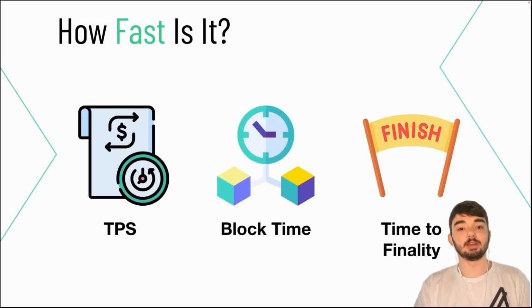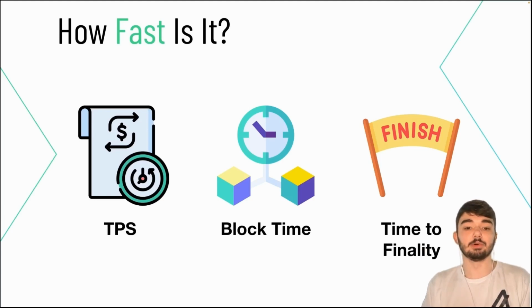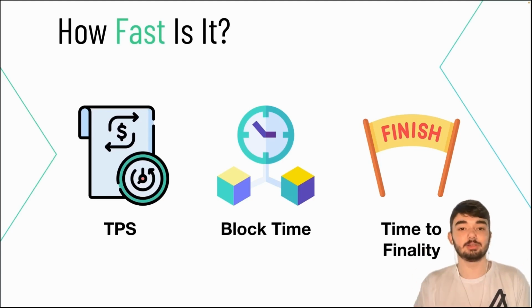Now, the important thing that we as developers want to know about any technology before we integrate it into our stack is how fast is it, right? How does it perform? Can it do what I want it to do? And when we're talking about blockchain, these are kind of the three things that we talk about. TPS stands for transactions per second, and this is all about how many things can I do in a second on this blockchain. So on Algorand, for example, we can handle a lot of transactions, but it's good to quantify that, and we'll talk about that in just a second.